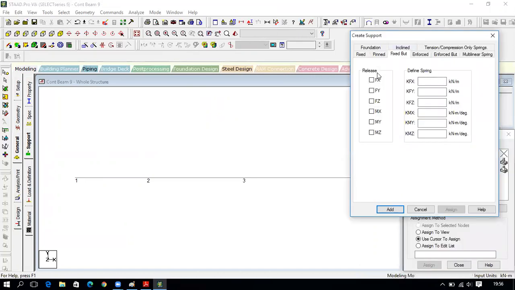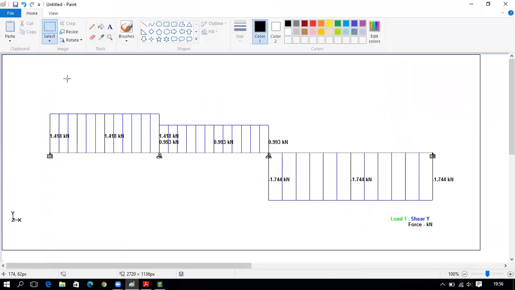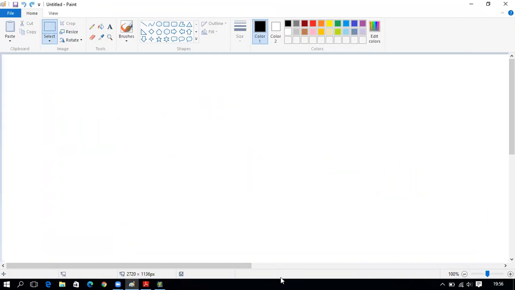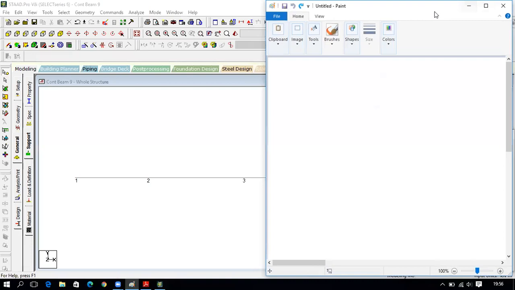So here, if you see the roller, I will show the roller. So this is the roller.